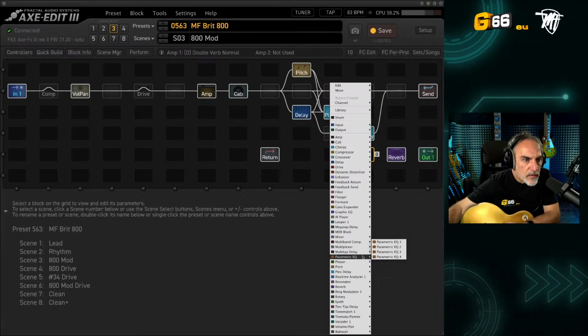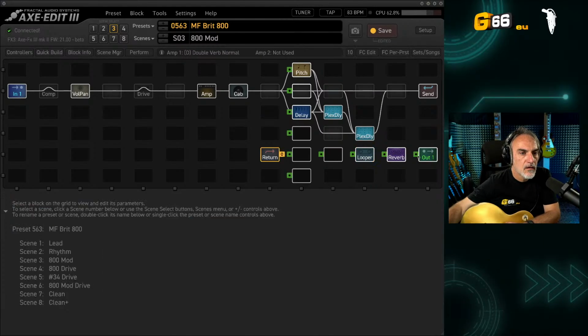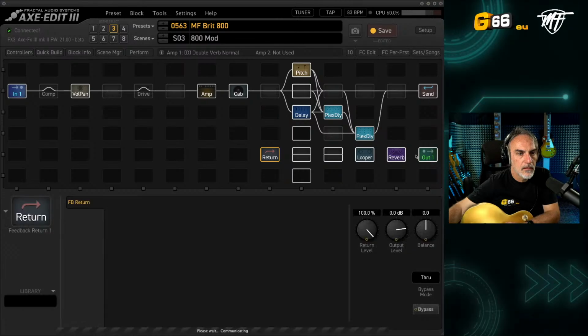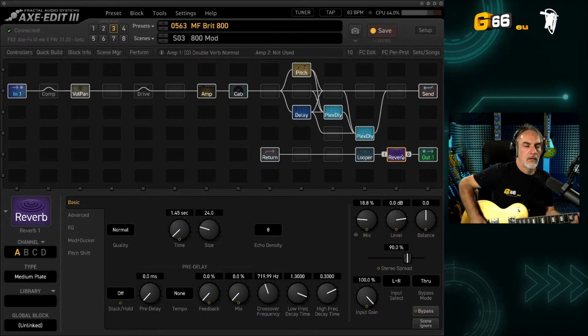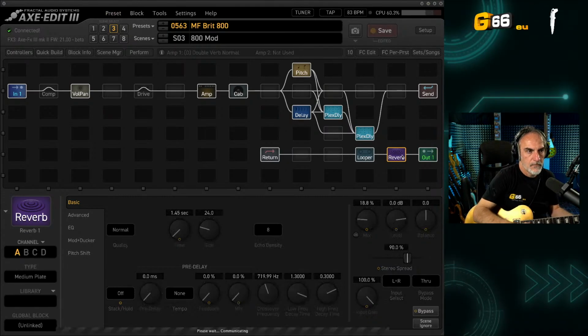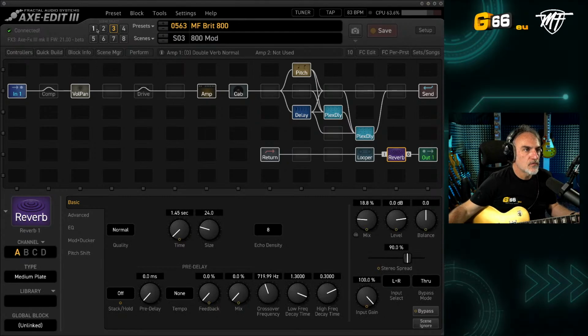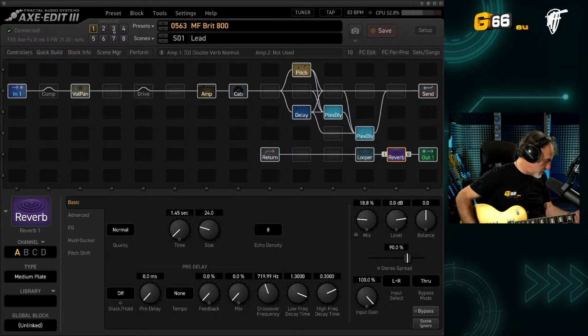Where is the looper? Here it is, looper here. And I go to the lead scene. Okay, everything is switched off, and I show you what happens if I